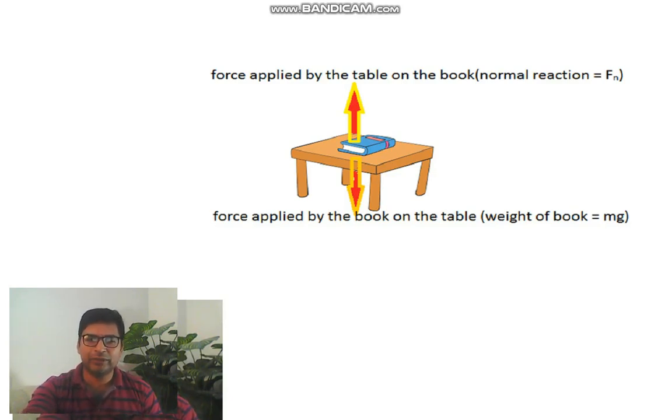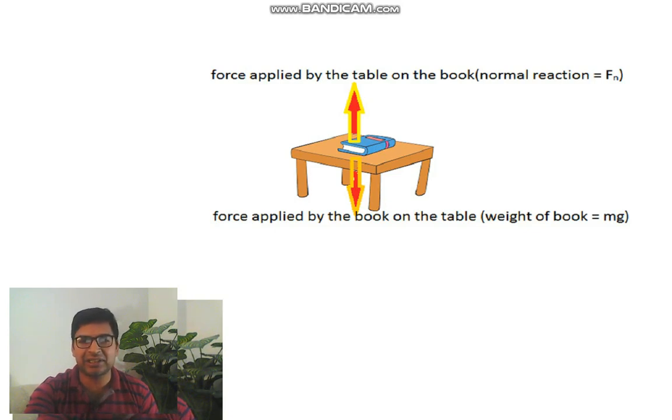Today we are going to discuss a very common question among physics students: if a book is lying on a tabletop, then why is it not falling? Although the students are familiar with Newton's third law of motion, that action and reaction are equal in magnitude and opposite in direction. So in a first opinion, the student says that